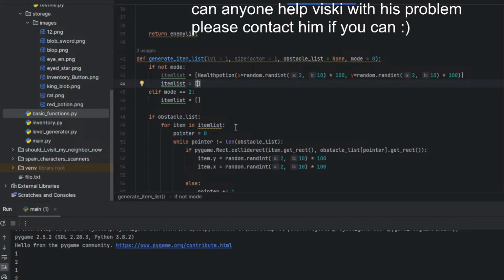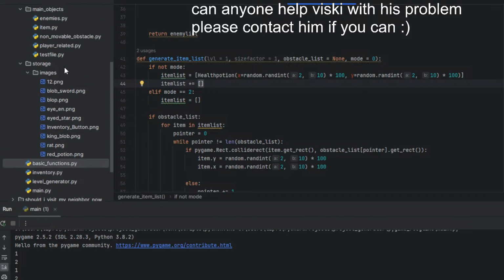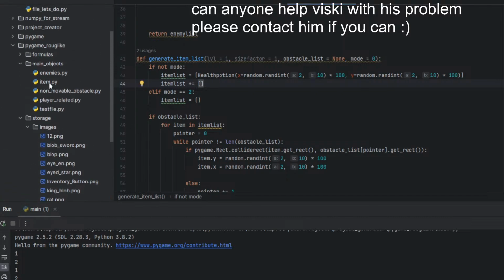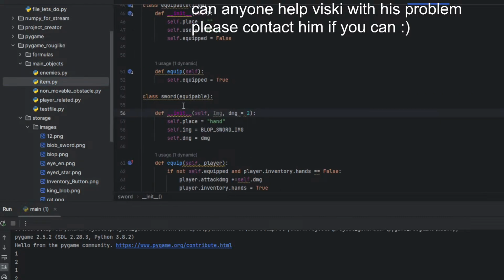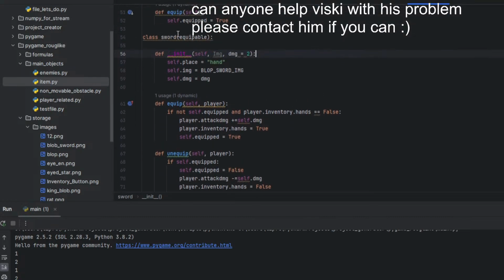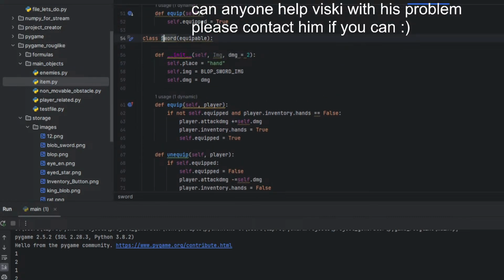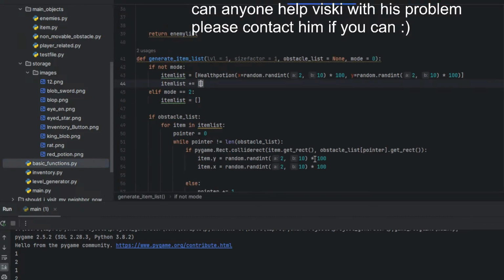But okay, where was I? Item, health potion, random, so plus equals sword. How was the item name? Main, formulas, images. Item sword, yes, sword should be uppercase, by the way. So the basic function is sword plus equals sword.